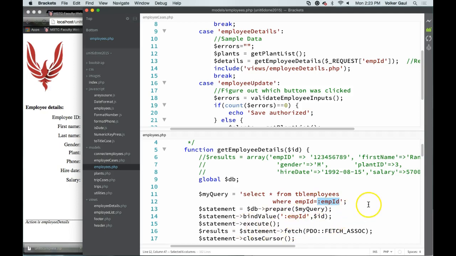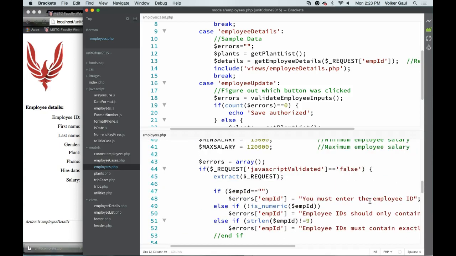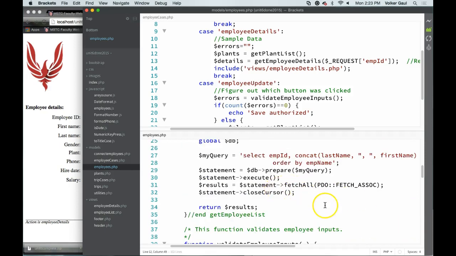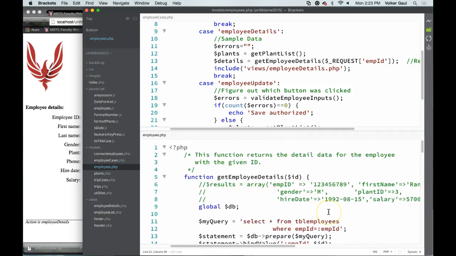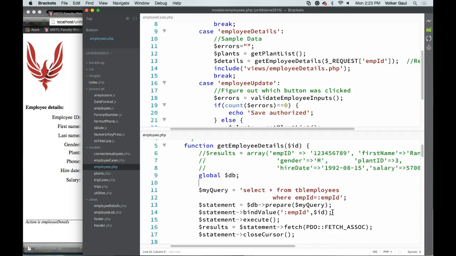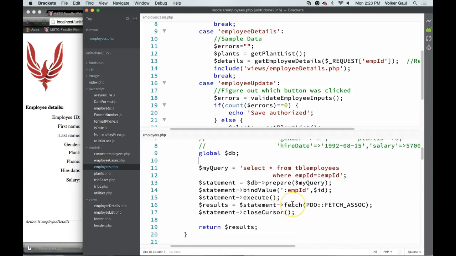At that point, we execute again, but this time we don't do a fetch all, we do a fetch. There's only one record coming out of this query. The details for employee number 1010101, whichever one I selected. The details of that employee is coming out, so it's a one element array